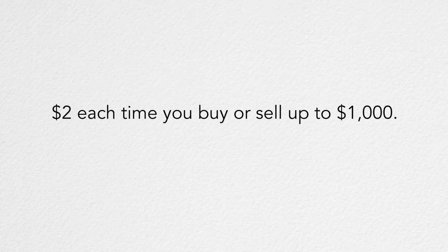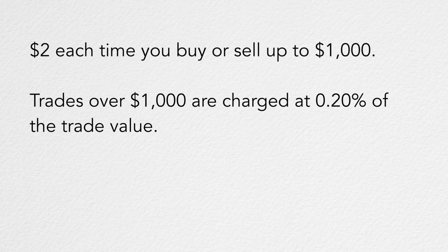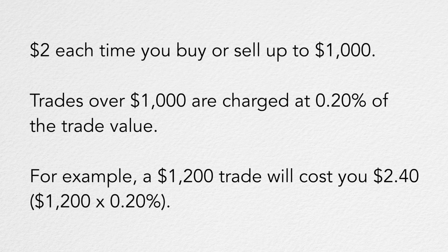The second is the brokerage fee, which is the fee you pay to the broker for buying or selling the ETF. Commsec Pocket charges $2 brokerage each time you buy or sell one of these ETFs up to $1,000. Trades over $1,000 are charged 0.2% of the trade. So for example, if you buy $1,200 of IOO, it will cost you $2.40 in brokerage fees. This is very cheap when compared to other brokers and it's one of the lowest, if not the lowest fee